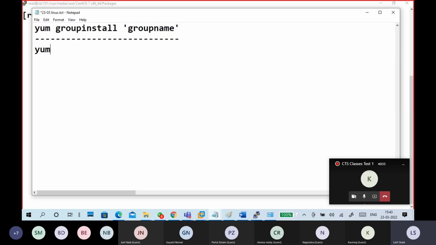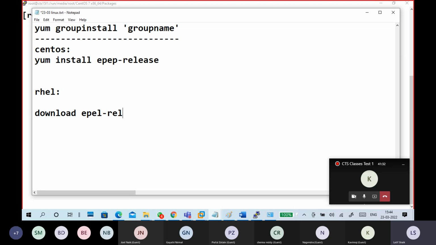Guys, already I told you, yum install epel-release. If you are on CentOS, you can directly put this command, no problem. If you are on a RHEL kind of system, you have to download it, because on Red Hat, as I already told you, there is no repository by default.